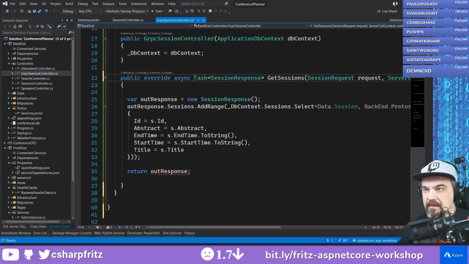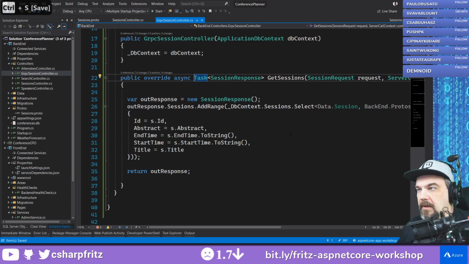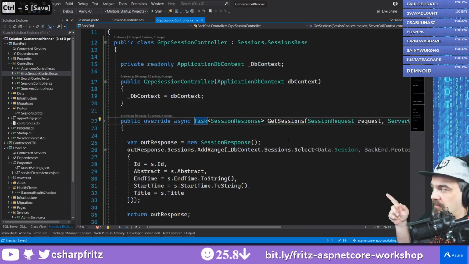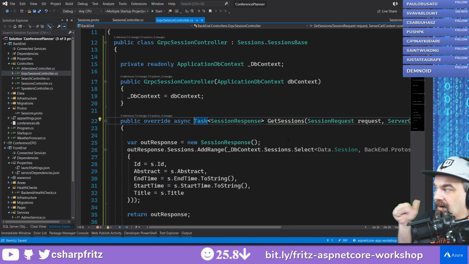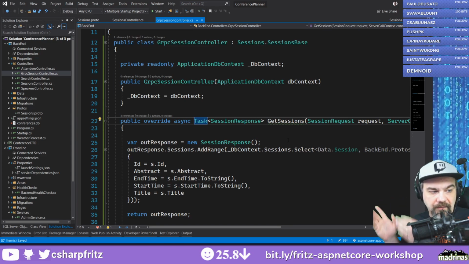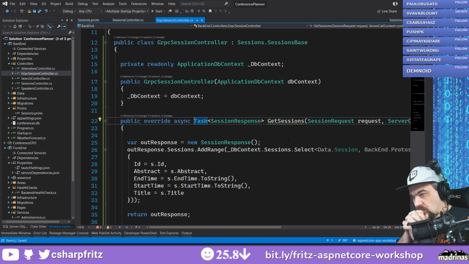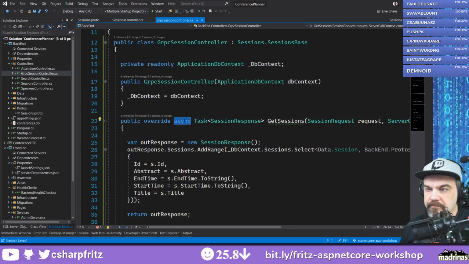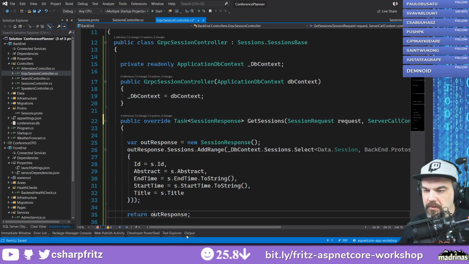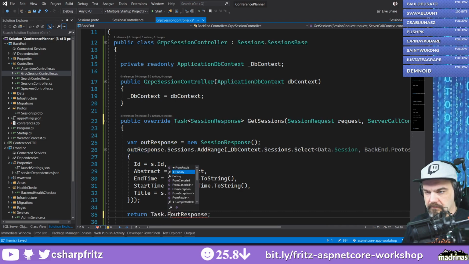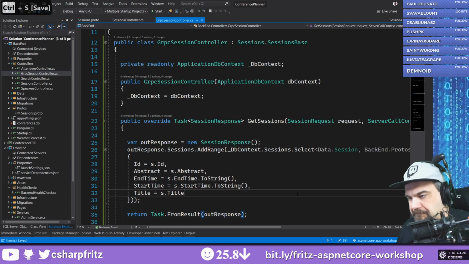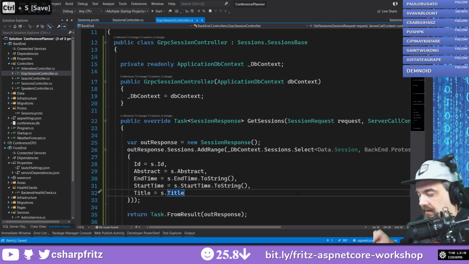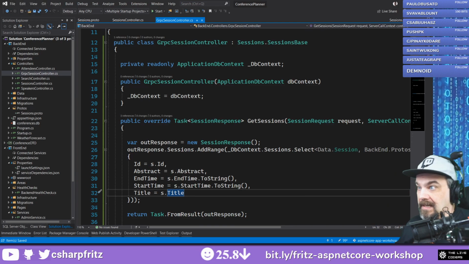Let me throw an async in front of this, and that should, there we go. Good. So now I've got a gRPC service that we can query, but we really want a client on the other side. I could have done a task from result, sure. It's probably the right way to do it. There we go. Now I want a client on the other side that's actually going to inspect and query and